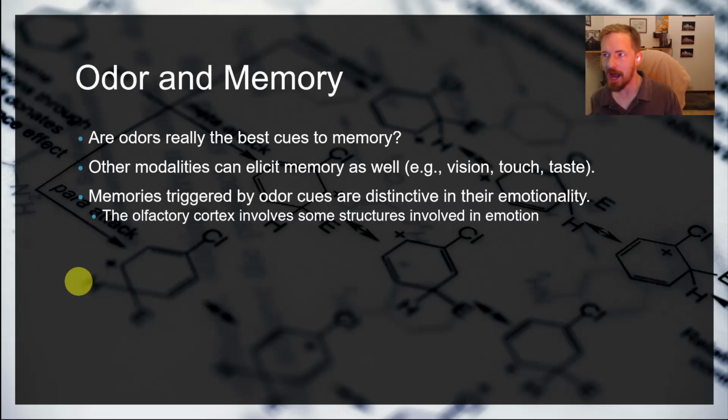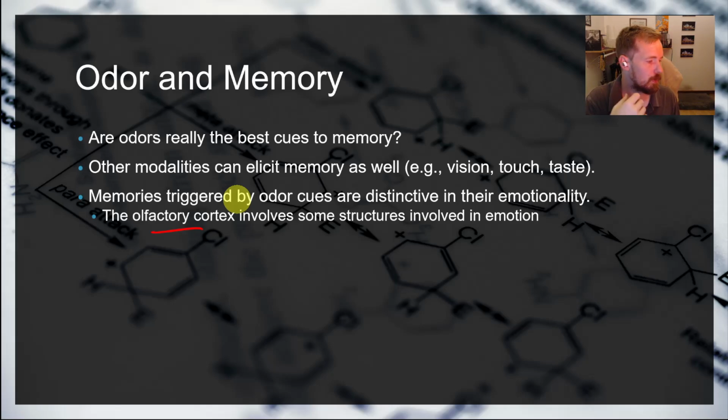And so I'm kind of skeptical of this, where I don't want to say that smell memory is better than other kinds of memory. However, there are some key differences that make smell memory unique. I'm not going to say it's the best, but it is unique. And the ways that it's unique stand out in some really interesting ways. So some of it is because odor accesses that emotionality. Remember that when we talk about the olfactory cortex, we talk about the amygdala, right? And the amygdala is the seat of emotion, right? And so that's part of the reason why those memories tied into smell feel so strong.